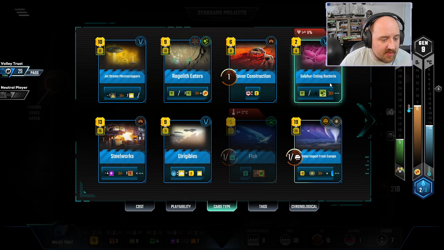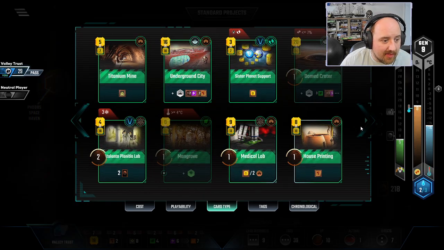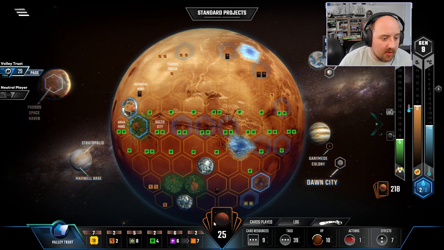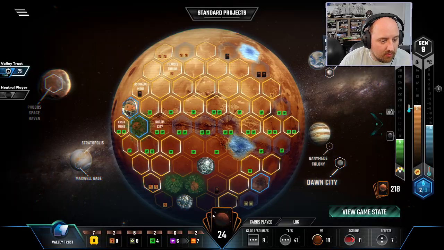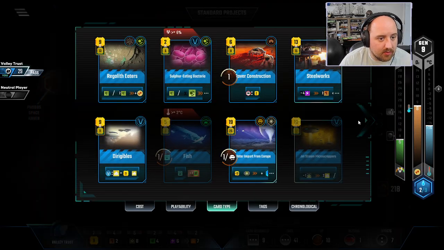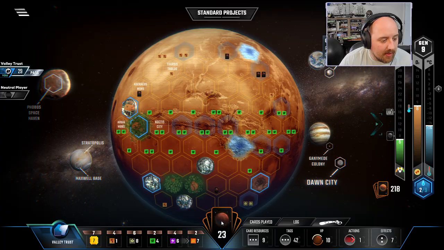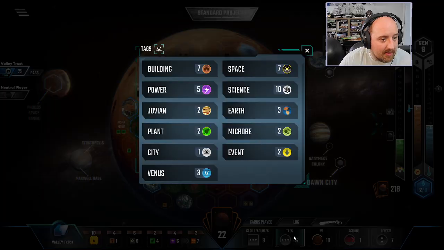It's time to do some Venus. More important than steelworks and stuff, I would imagine. See, the thing is, I have all these production cards, right? Titanium Mine, Underground City, Sister Planet Support, they're all very viable. So I guess I take one more turn to... Oh, I should have played Rover Construction first. To get things off the ground. How many...